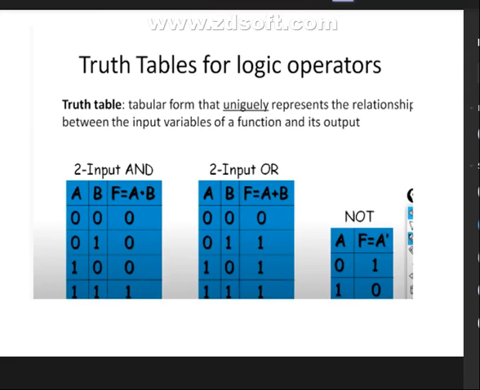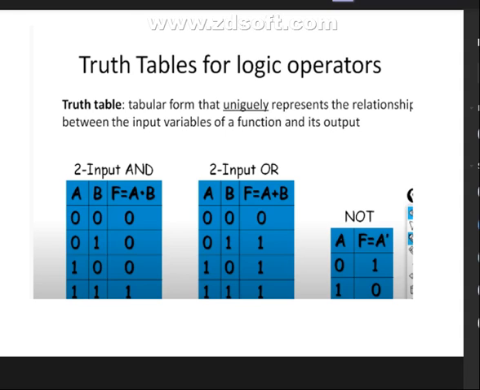These are the truth tables for these logical operators. We have to mention them in tabular form. See, in terms of A and B, if A is 0 and B is 0, then it will become 0. For the AND operation we have to perform multiplication. 0 0 will become 0, 0 1 will become 0, 1 0 will become 0, and 1 1 will become 1. This is for the AND operation.